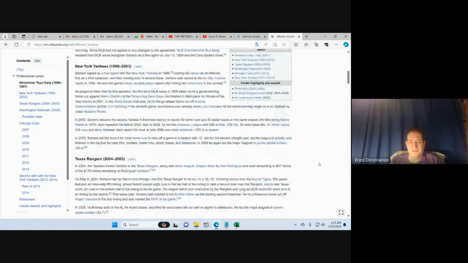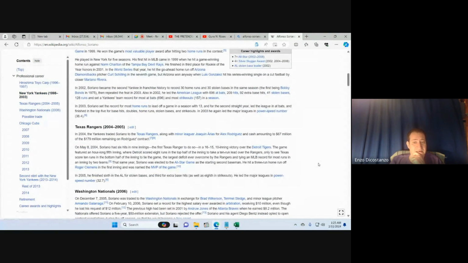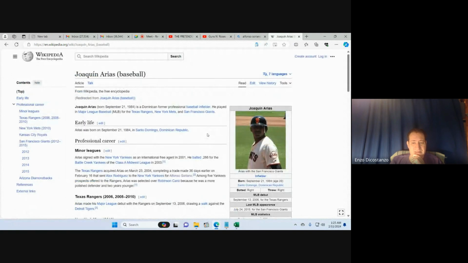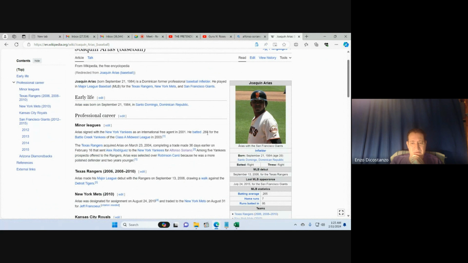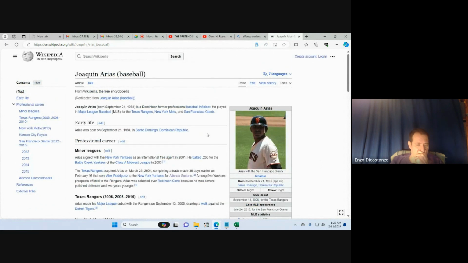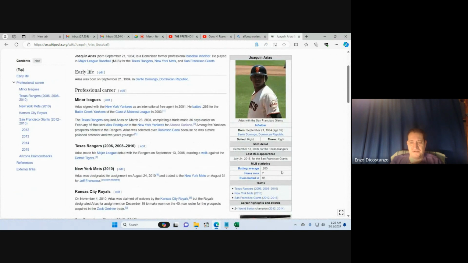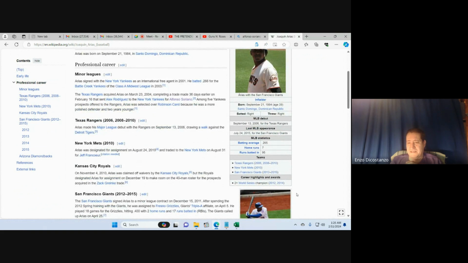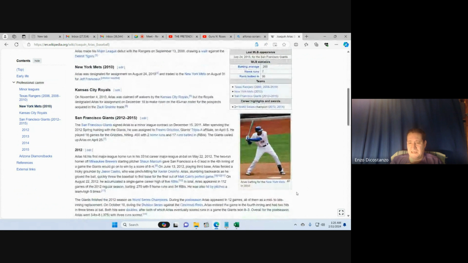And he only lasted 2 years in Texas somehow. All right. And Aquarius, how long did this guy last? Is this a pitcher? Infielder. Again, the Yankees traded this kid to Texas, and he had 7 home runs in his career, and not even 100 RBIs as a player. And I guess his best stretch was with San Francisco at the end of his career, but he won the World Series twice somehow in San Francisco. And I don't recall him playing with the Mets. I don't recall that ever happening. So.